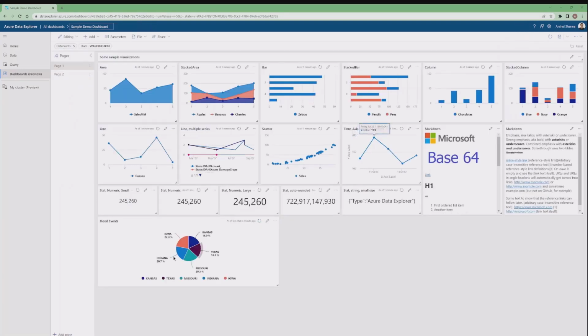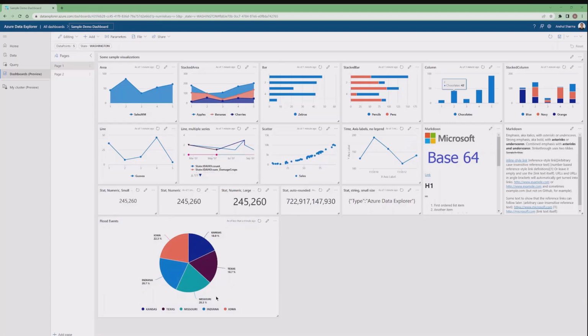So you can see it's so easy for me to add a new visualization and create these beautiful dashboards, which are also insightful for your business users and the rest of your folks. So basically, in summary, we saw how to ingest data in the data pane. We queried the data that we had ingested, and we also created a nice visualization. At this point, you can share this link with